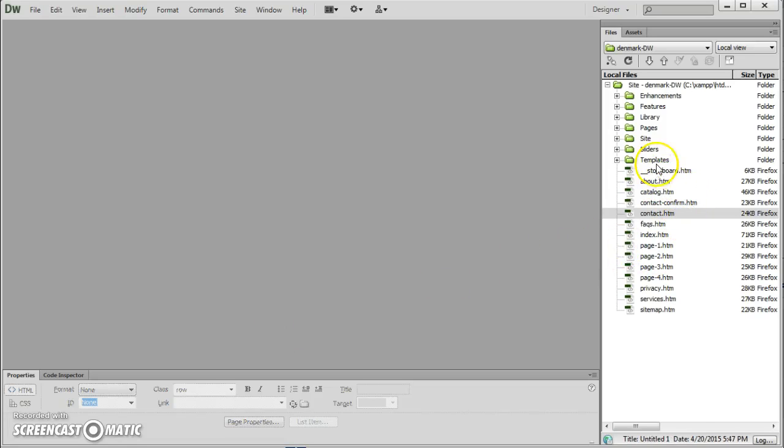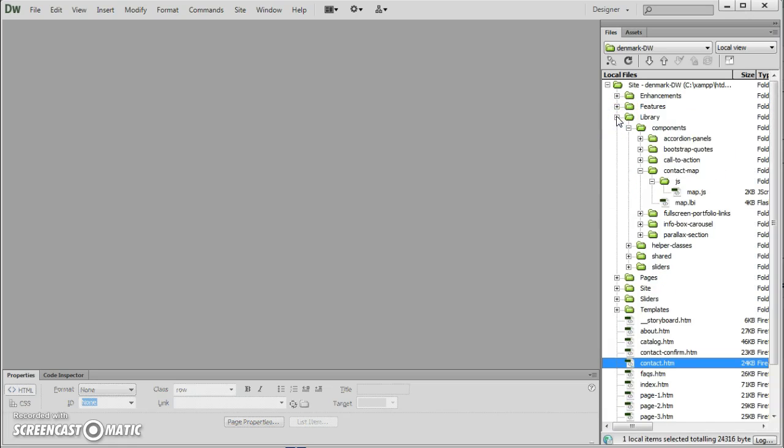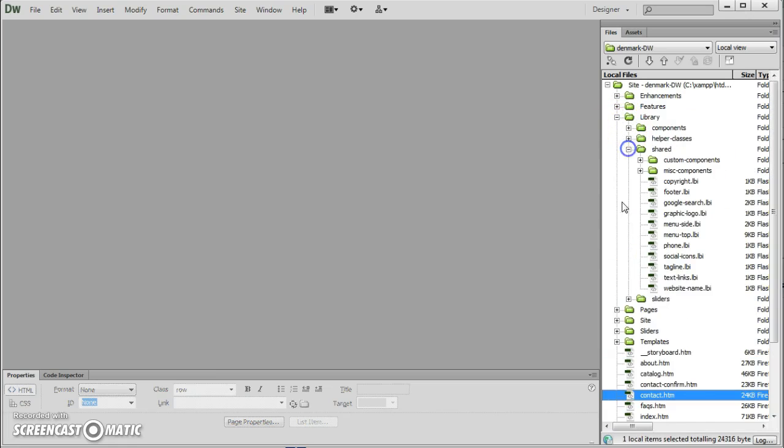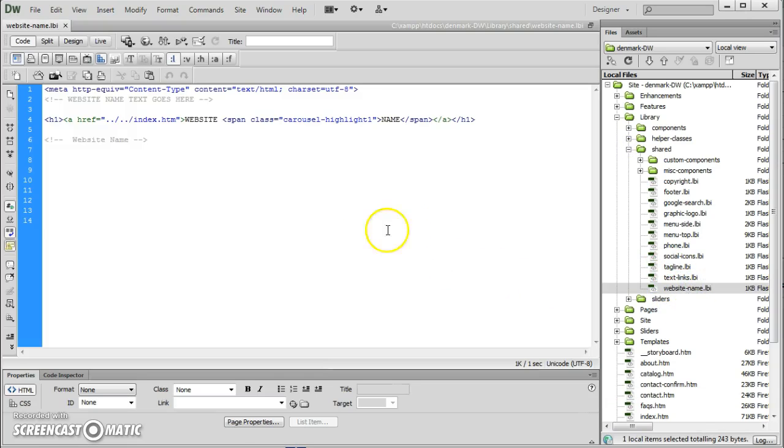Yeah, what I was going to say is use the website name library as opposed to the graphic logo, because the graphic logo is sort of a you can position it anywhere sort of a thing, but you probably want to keep it in line with the information at the top of the site. So what I'd suggest to do to start with is open up the library and the shared and your website name. Okay, now you can put it into the design or the code, but I'm going to suggest put it into